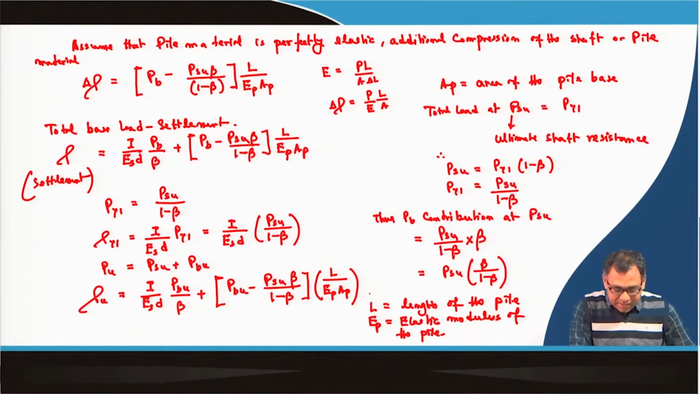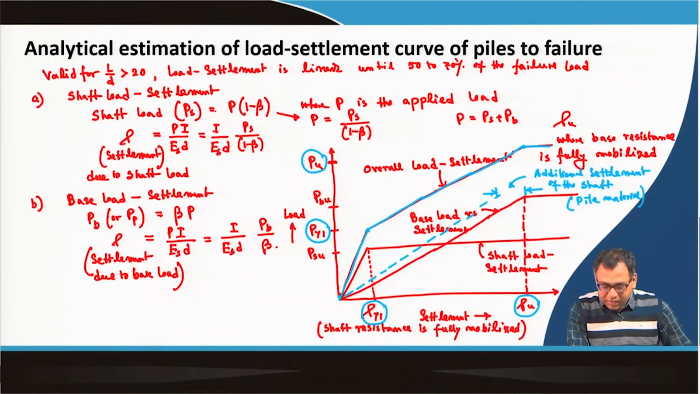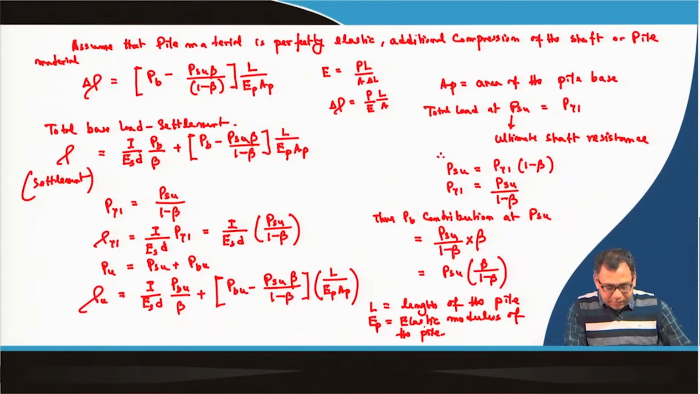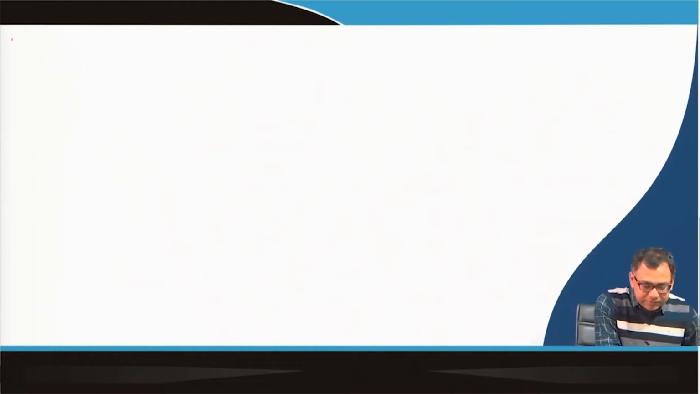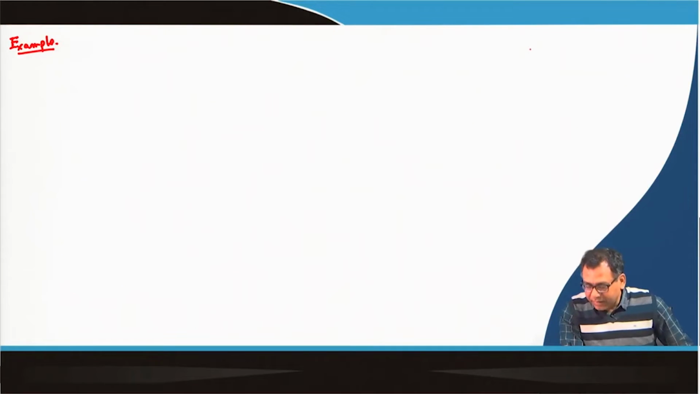Once that is done, we should know the values of these four quantities, and then only we can draw this overall curve or the other curves also. I have given how we can determine these four quantities. So, today I will solve one example problem. That example problem is that we have a pile